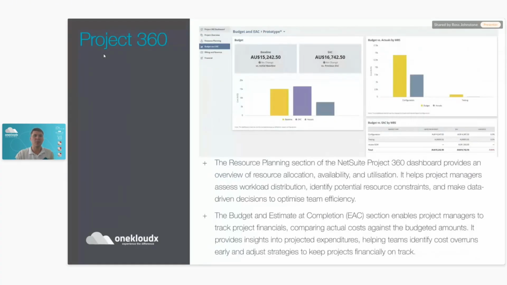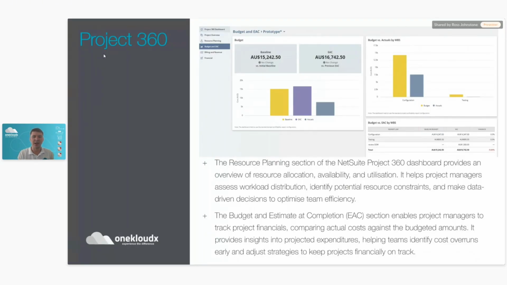But as you can see, the Project 360 dashboard, much like the Item 360, is split into some different areas, in this case being the project overview, resource planning, budget and estimate and completion, and billing and revenue, and then last but not least, the financial tab. Now there's some information here in terms of what these different tabs show. So the resource planning section is of course all around your resource allocation, availability and utilization,